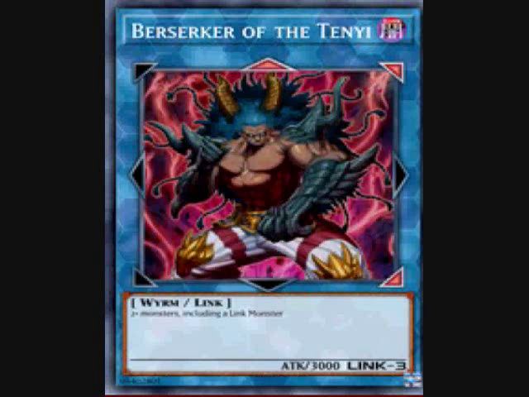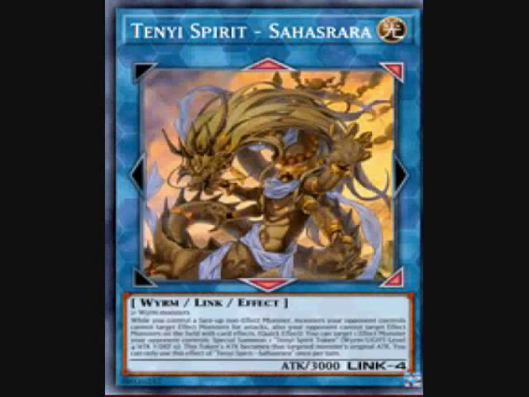And then, of course, my favorite, and I'm not even going to try to pronounce this name, Tenyi Spirit of You See the Name. I call it Sarah, and that's what we're going to go with. Sarah here requires 2+ worms. Still bad arrows, I'll agree, but at least you get 2 for yourself. 3000 attack. Now, it has this awesome effect that while you control a face-up non-effect monster, including tokens,